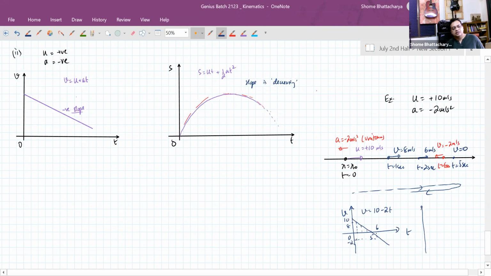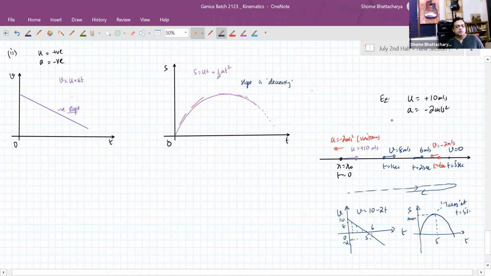So accordingly, our displacement, you can see it's going like this and then coming back like this. So at 5 seconds, it's reaching whatever maximum displacement it had. After that, it's turning back. It turns at t equal to 5 seconds. In this particular case, because our v is equal to 10 minus 2t and our s is equal to 10t minus t square. So you can see that this graph